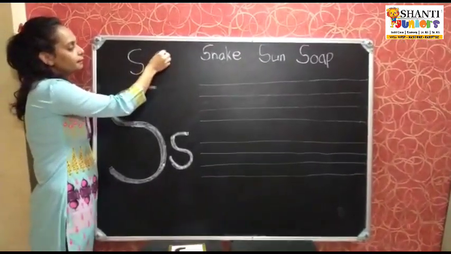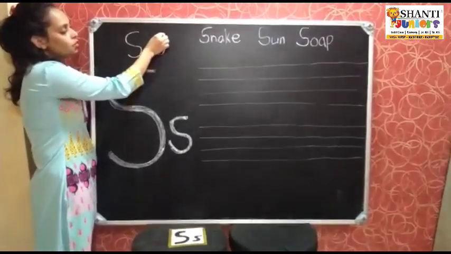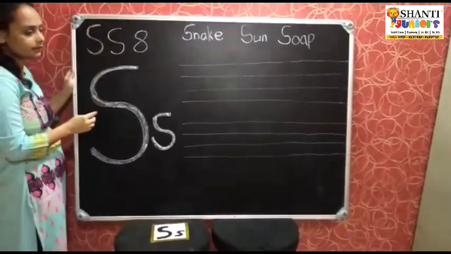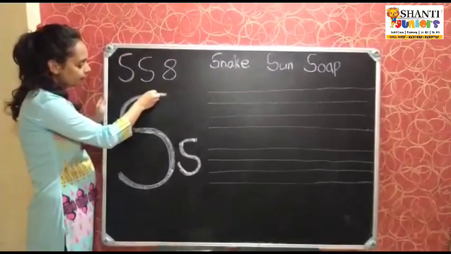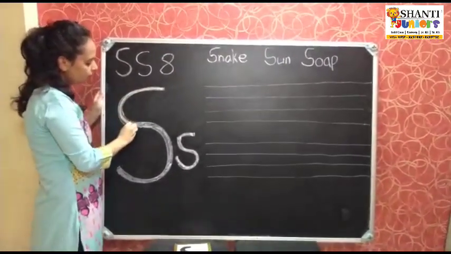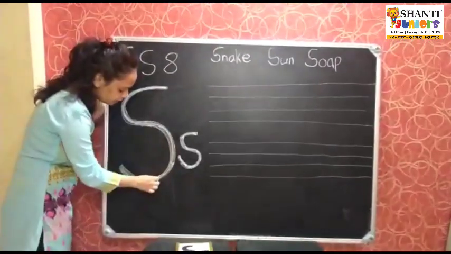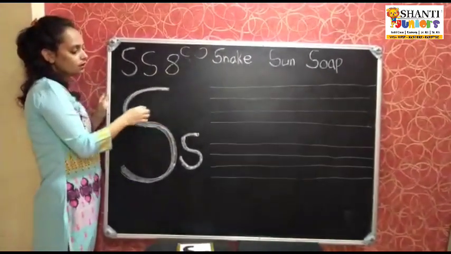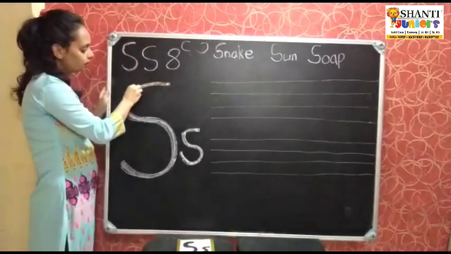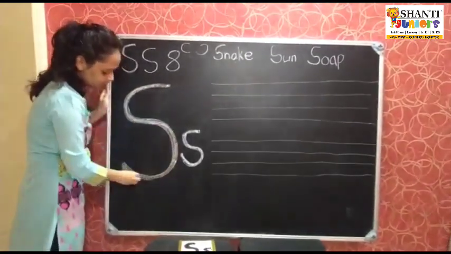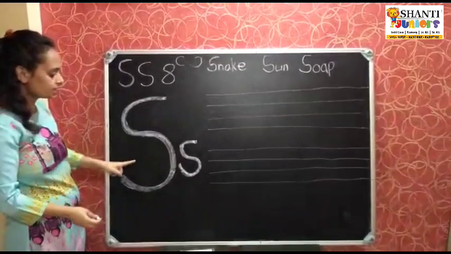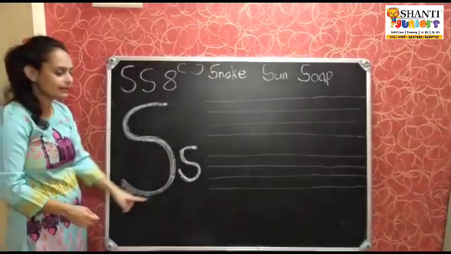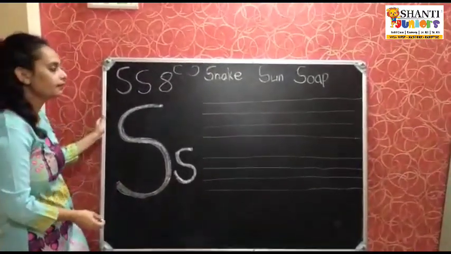How do we write the number 8, children? Like this, and then we go up. Like this only you have to do curves. Two opposite curves you have to do. From here start, make a curve, come down and make another curve. We have learned this curve pattern, right children? I have taught you. So here you have to do this pattern. Curve, from here curve. So it becomes letter S. This is capital S, this is small letter S. Both are the same, children, but the size is big and small. Both are the same in writing pattern.